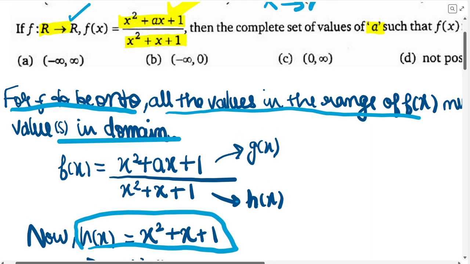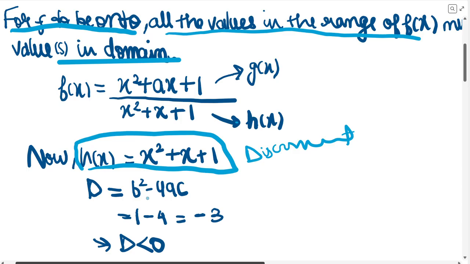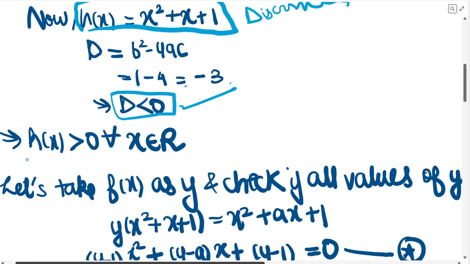Whenever we need to find more about a quadratic equation, the first thought is to find the discriminant. So the discriminant is b squared minus 4ac, which is 1 minus 4 into 1 into 1, which is minus 3. This means that our discriminant is less than 0. What does that mean? Whenever the discriminant of a quadratic equation is less than 0 or negative, that means the quadratic equation value for all the values we put in the domain, the range is